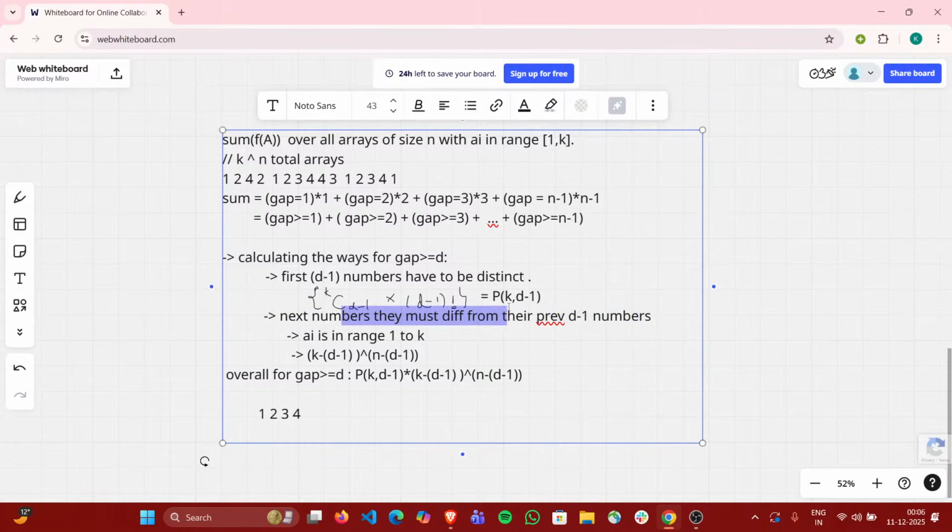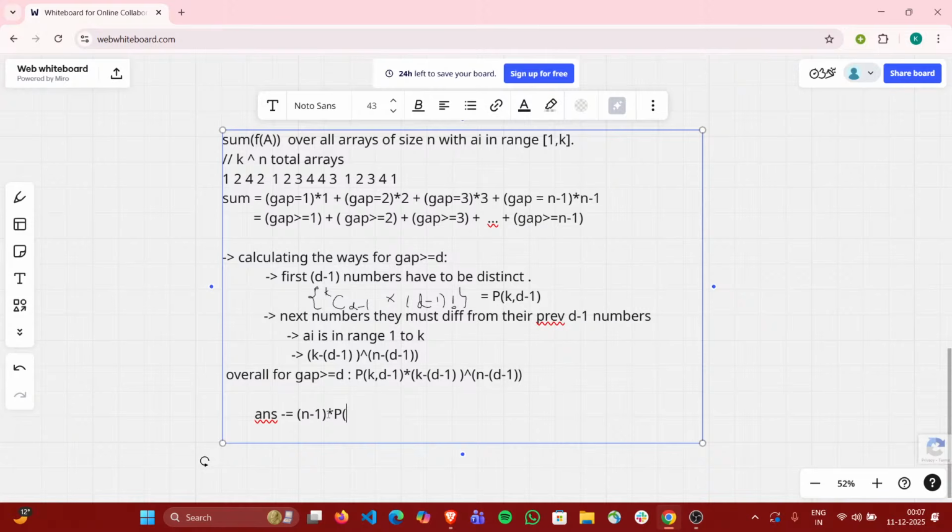The next number must differ from their previous d minus 1 numbers. Every number differs from their previous d minus 1 numbers, right? So whatever the gap, these arrays with all distinct elements will creep into all of these. They are counted again and again, and how many times? n minus 1 times. So what will I simply do? I will simply do answer minus equals n minus 1 times